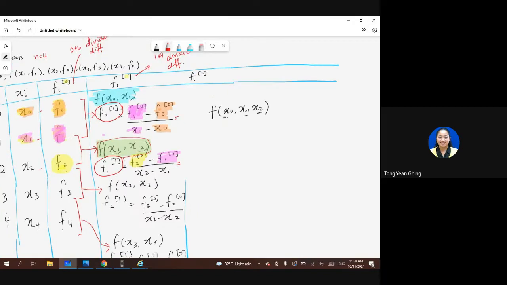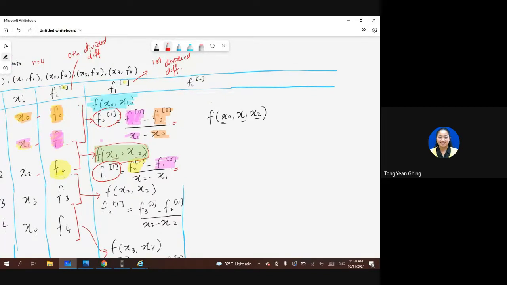So this one we consider these two. Again we consider these two. That means start from x0, x1, lepas tu x1, x2. That means x0, x1, x2. Okay. So, dia punya divided difference f0 second degree equal to